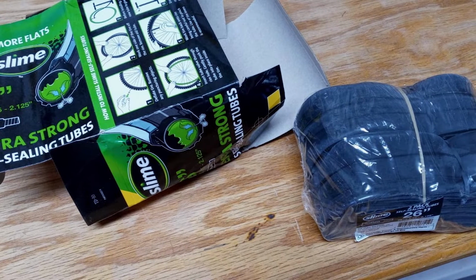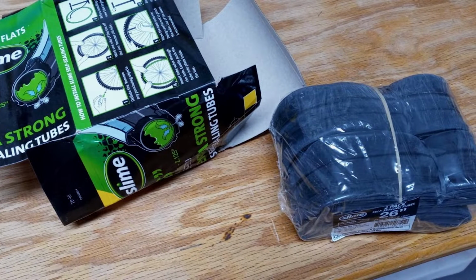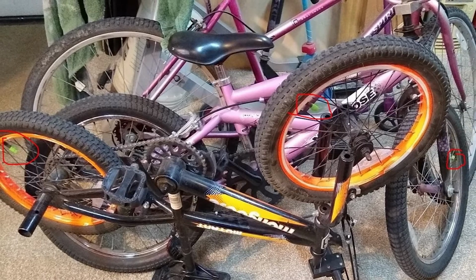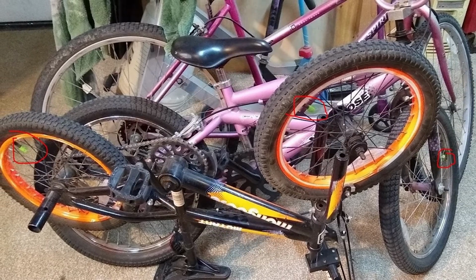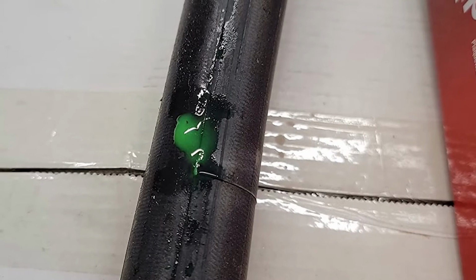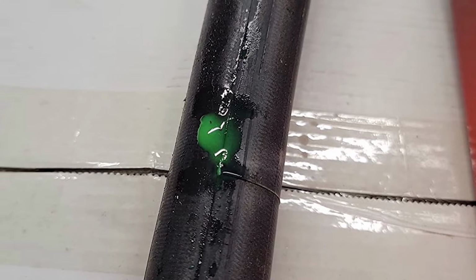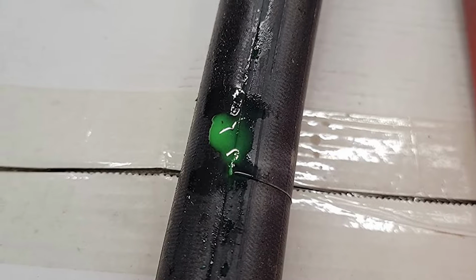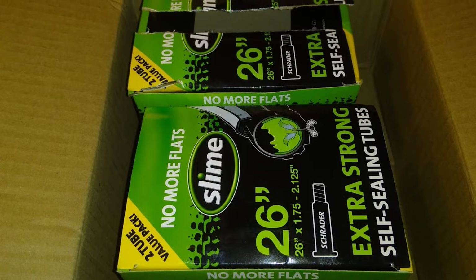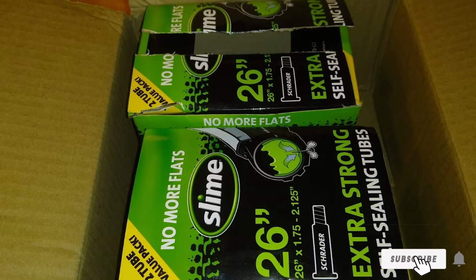by a flat tire. Beyond its problem-solving capabilities, the Schwinn inner tube also excels in design and quality. The tube is made from high-grade materials, providing a durable and resilient solution for both casual riders and avid cyclists. Usability is a highlight with easy installation and compatibility with various tire sizes. In terms of effectiveness, Schwinn inner tubes offer peace of mind on the road or trail. The self-sealing technology minimizes the impact of punctures, allowing you to focus on enjoying your ride rather than worrying about flats. If you are tired of interruptions and want a reliable tube that keeps you rolling, the Schwinn inner tube